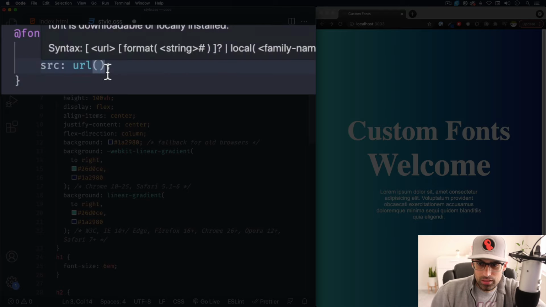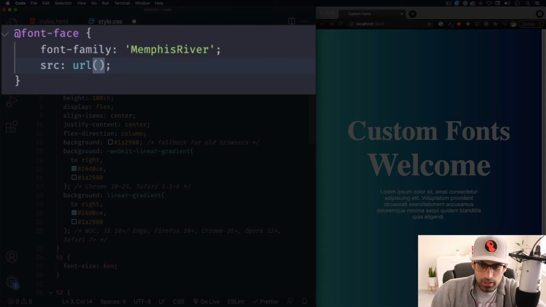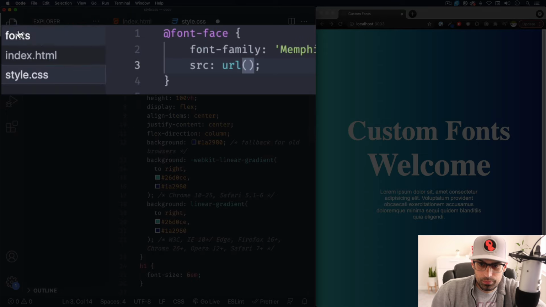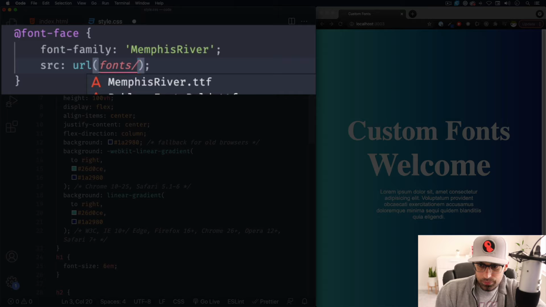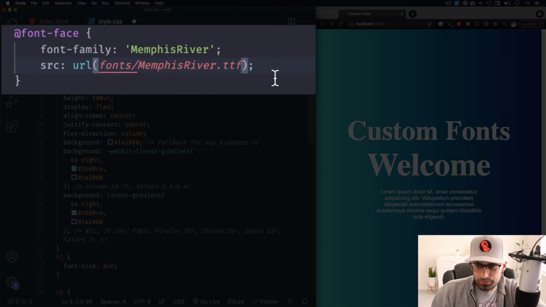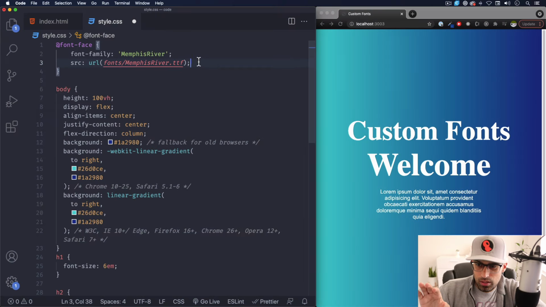And then the URL, this can be the local, if you target your local folder. So I have right now my fonts folder right here. Or if you have the font in a different server, you can just put the URL right there, okay? So I'm gonna do fonts and Memphis River, just like that. And now the font is actually available for us to use using this name, whatever you put here in this font family. So let's go to the H1